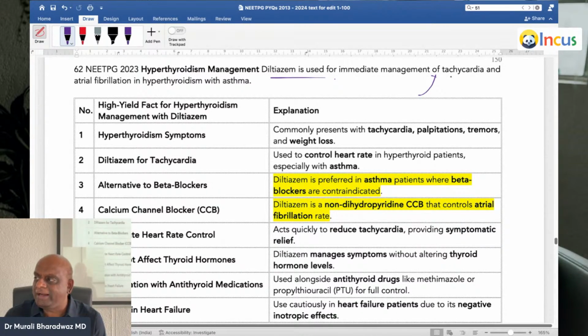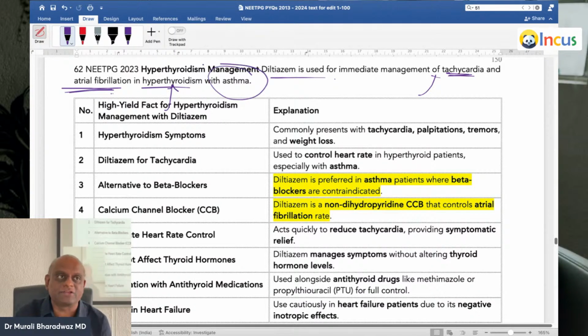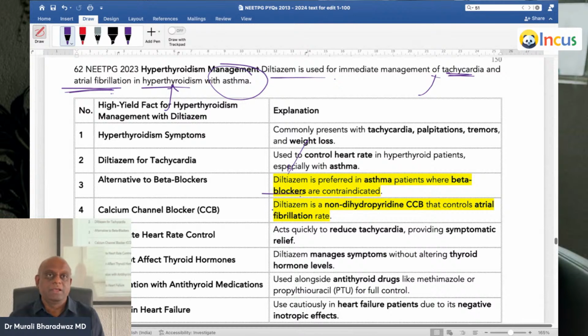Diltiazem is used to manage the tachycardia in atrial fibrillation in hyperthyroidism with asthma. Whenever asthma is there, if you happen to give a beta blocker, it will affect. So that's the reason diltiazem is preferred. Even among the beta blockers, the one still considered safe for asthma patients is nebivolol,